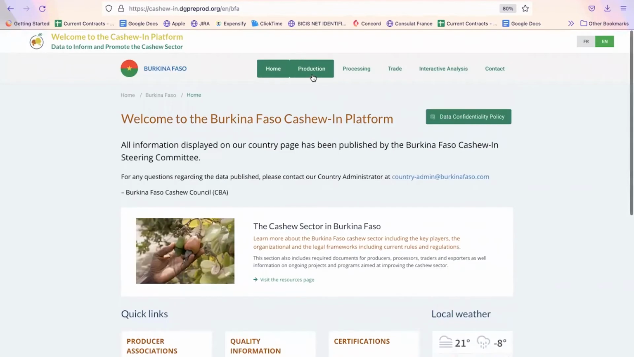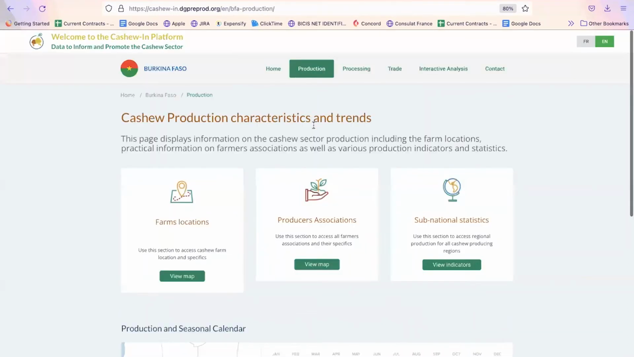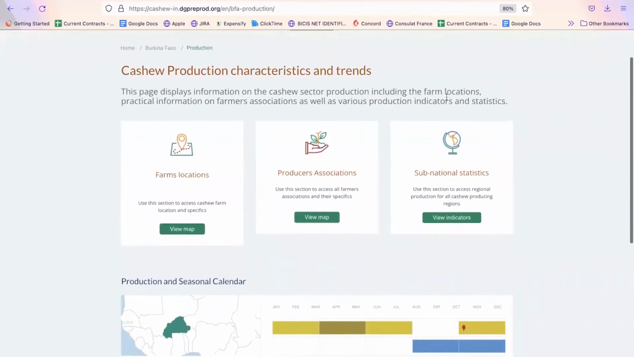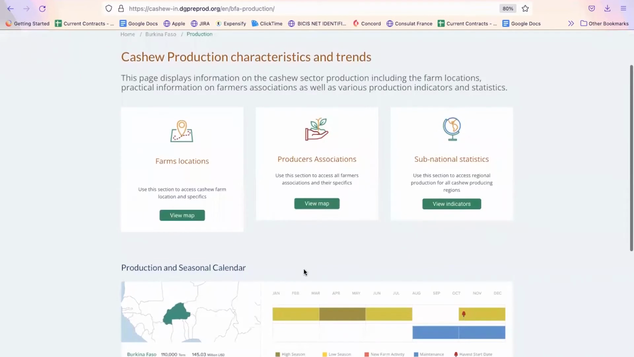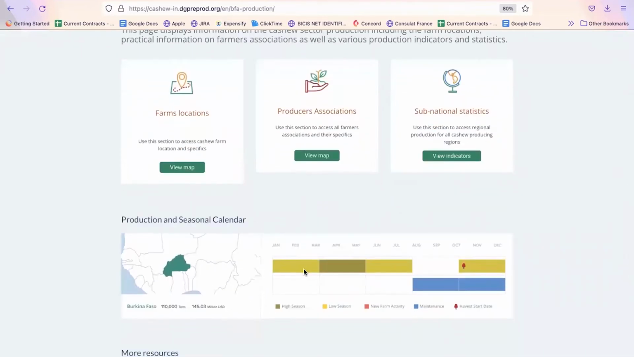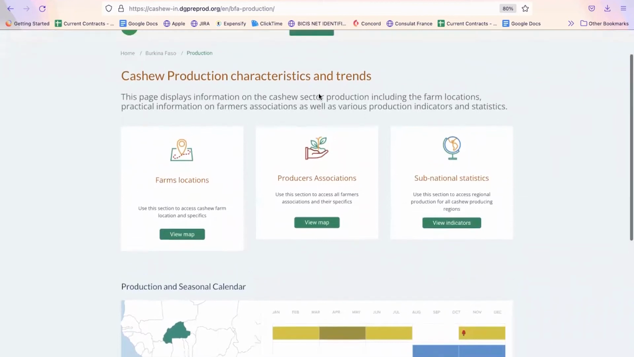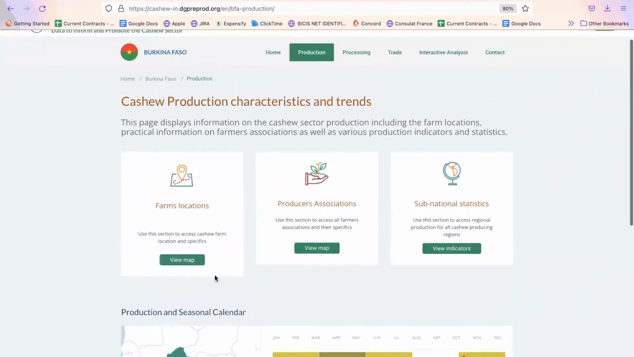Let's do a little deep dive on production, as this is the theme that we have focused on from the beginning. Clicking on the production page gives you a production and seasonal calendar, similar to the one that we've seen on the resources page, with the difference that this is specific to the country that we are currently visiting. For now, production has some GIS interactive maps that show farm locations and producer associations,